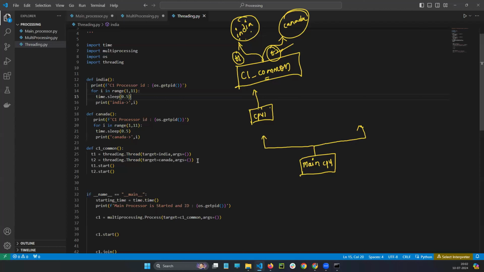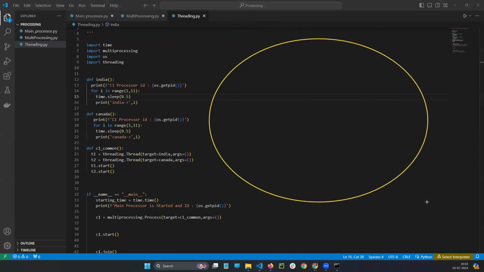Processing means the CPUs will work simultaneously. But if every CPU is having the work, what will we do? Threads. Each thread is capable of doing one particular work. I will tell you one real-time example in short. Imagine this is, as I told you, an airport. Only 4 cameras are there.